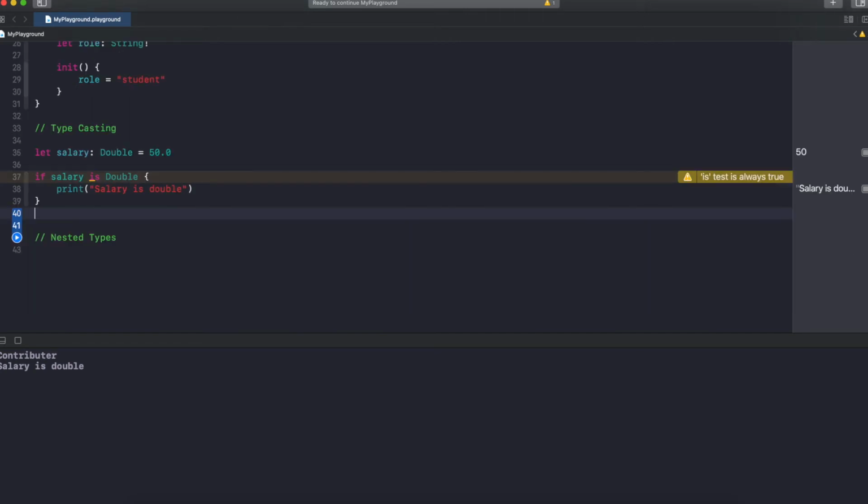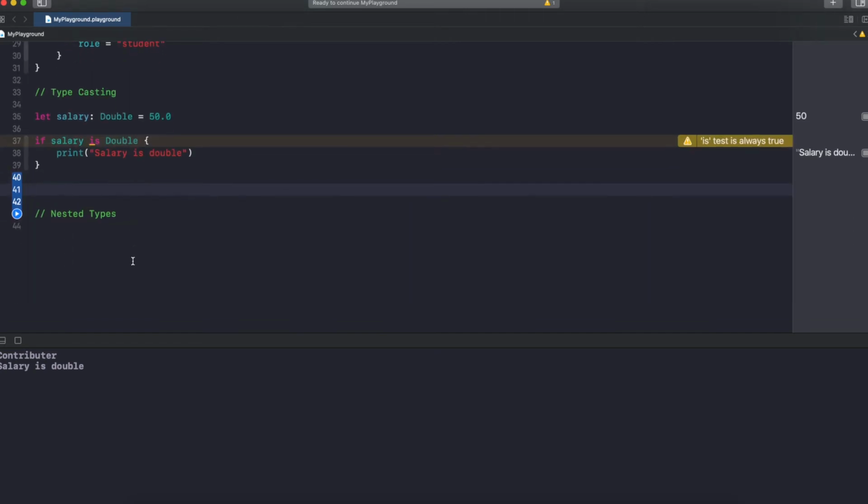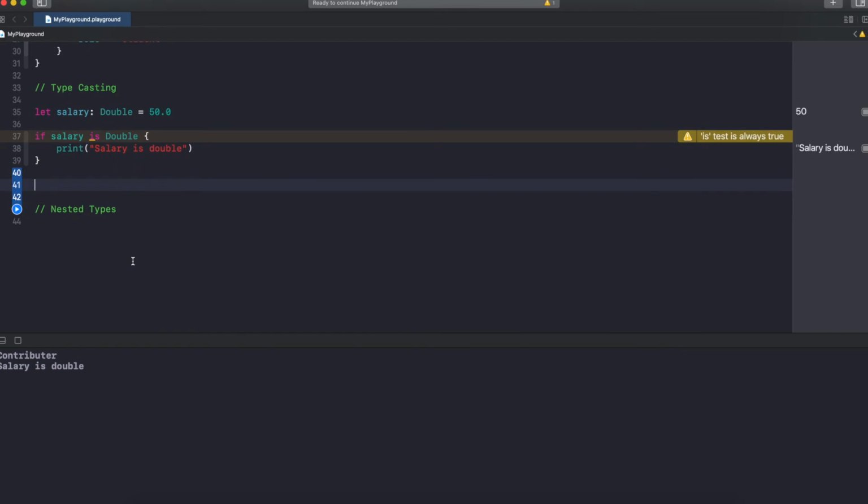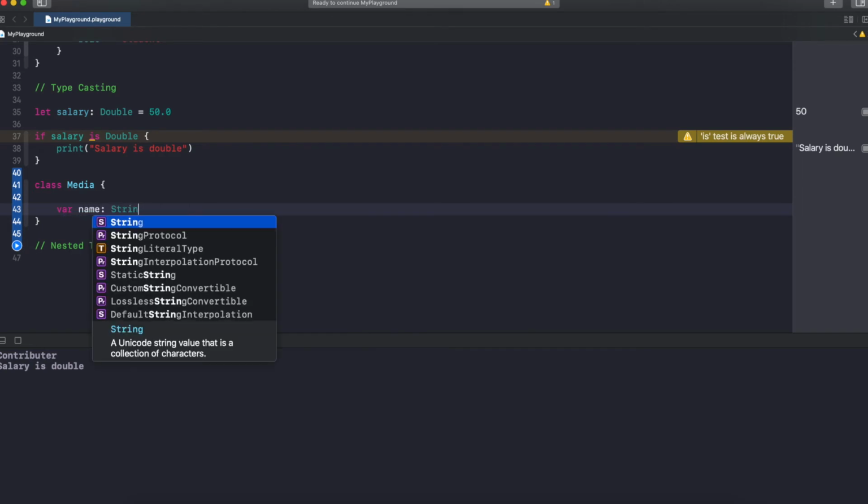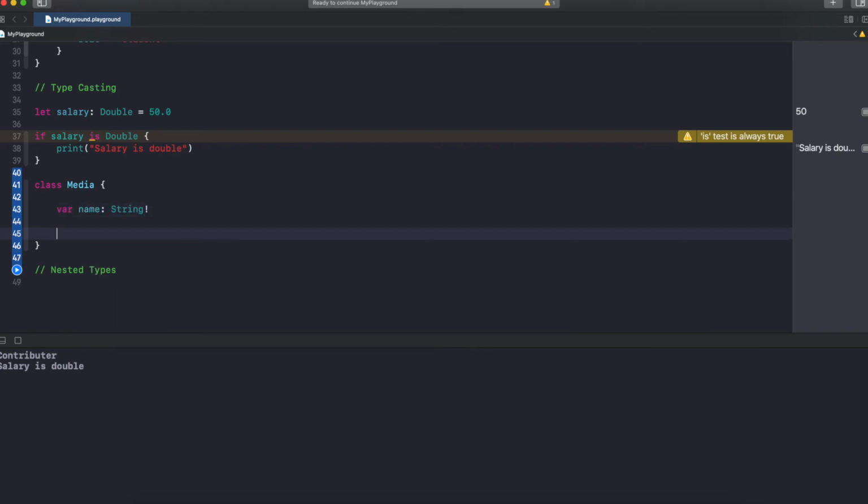Let's look into another example which will be more clear. I'm going to create a class called media, and it has a var name of type string and a var type.